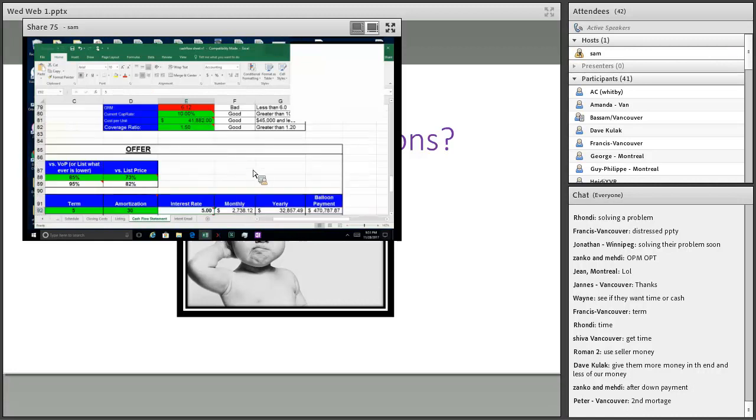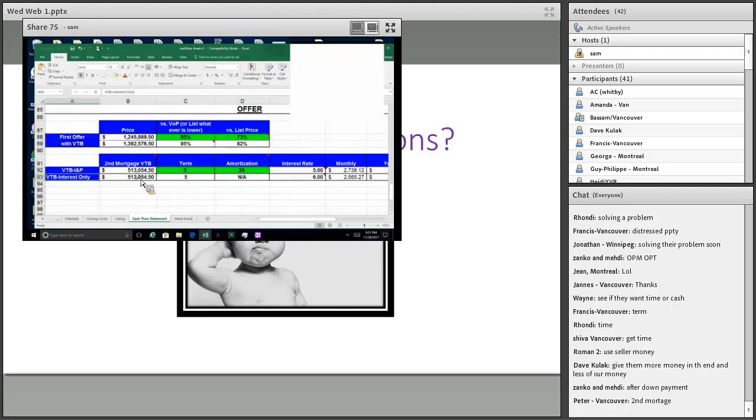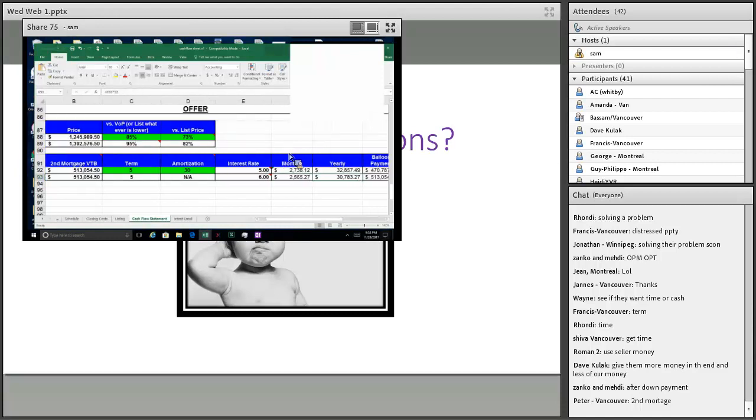All right. So with the financing. Now, does anybody notice something? When we come over to interest and principal only, $513,000, the term is 5 years, which really doesn't matter, but it matters in the sense that we're going to pay it all back in 5 years. Amortization is unimportant because this is interest only. So in this case, we're actually going to offer them 6%. That's 1% higher than what we were going to offer them with interest and principal. Why do we want to do that? Well, because that's actually going to make our monthly costs go down a couple $100, right? And if we can get our costs down per month, what's that going to do for us? What's it do when we can get our costs down?